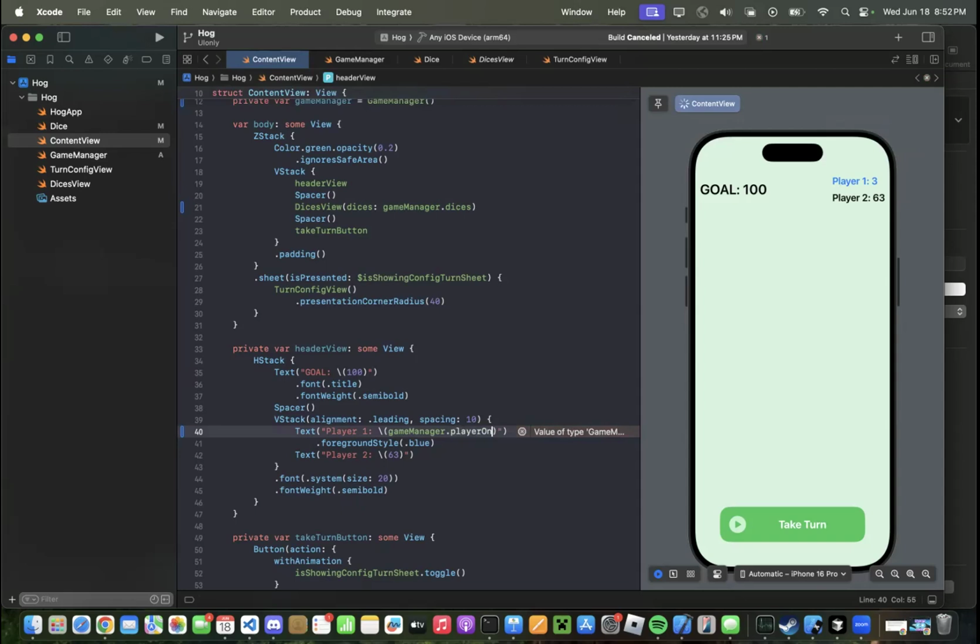Nope. Player one, and then just type in points. So right here, and then right here, we call our game manager again, grab our player two, grab his points. And now you're kind of seeing that these are done statically. Another kind of cool thing too is you can actually create